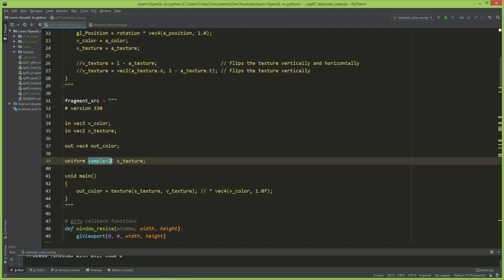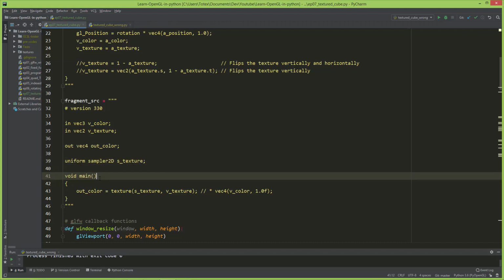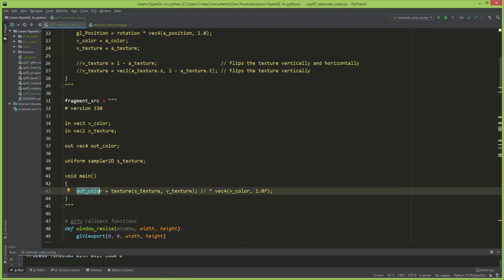The sampler2d just stores the image data, so the sampled image pixels. And here in the void main function, now we are setting the output color to the texture function of the sampled texture and the texture coordinates. So the first argument is the sampler2d called s_texture, and the second argument is the v_texture, which is the